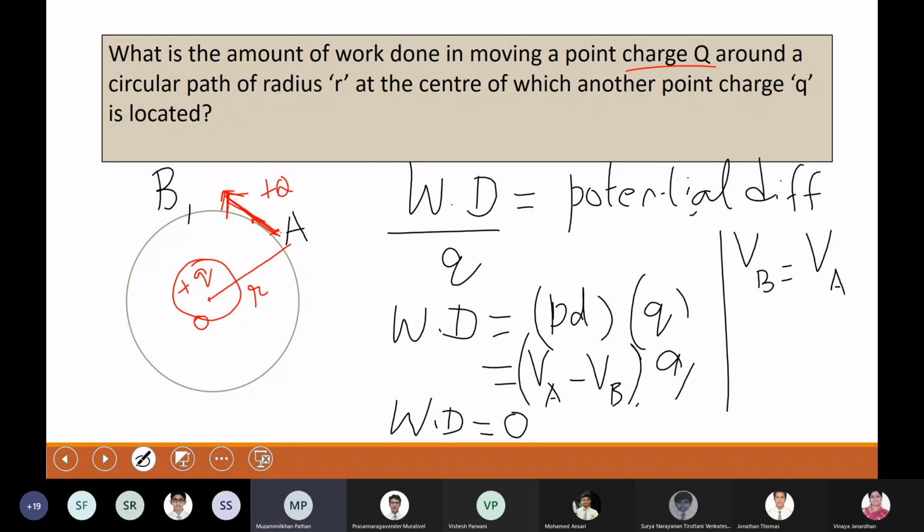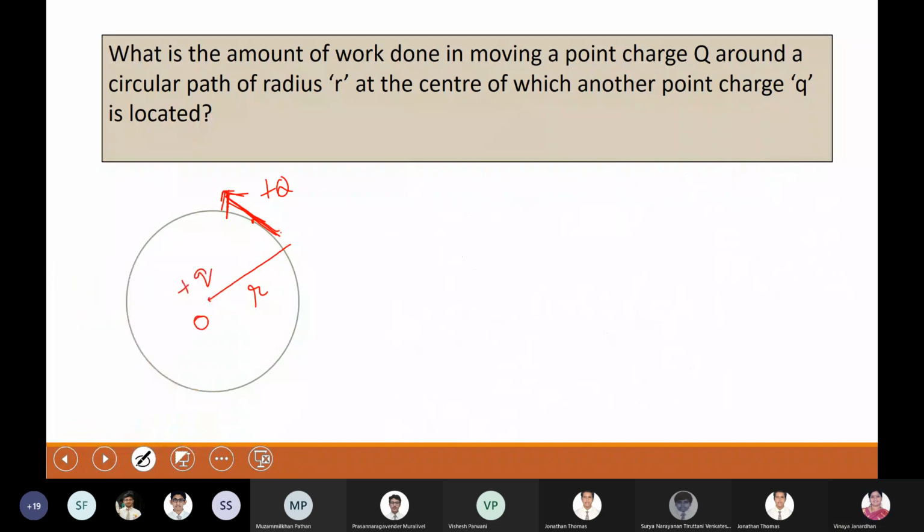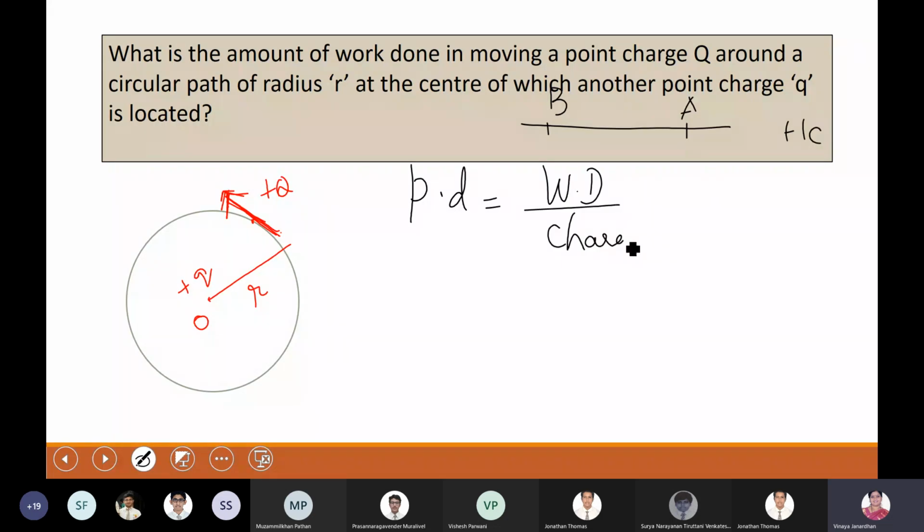Can you explain that formula again? Okay. Boys, see, current electricity, what is potential difference? For the current carrying conductor, potential difference between 2 points is the work you do in moving a charge of 1 coulomb from point A to point B, 10th standard. So that is your potential difference, work done by charge. Now what is work done? You're doing work in moving the charge, say from point A to point B, right? So work done will be equal to potential difference into charge.